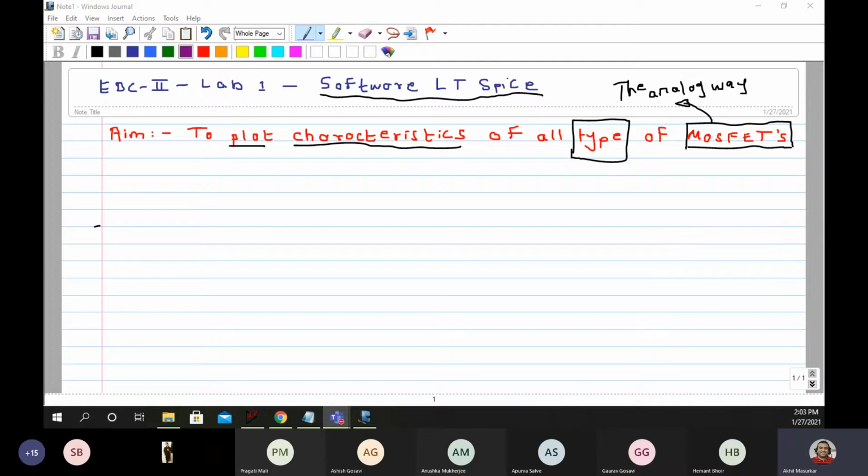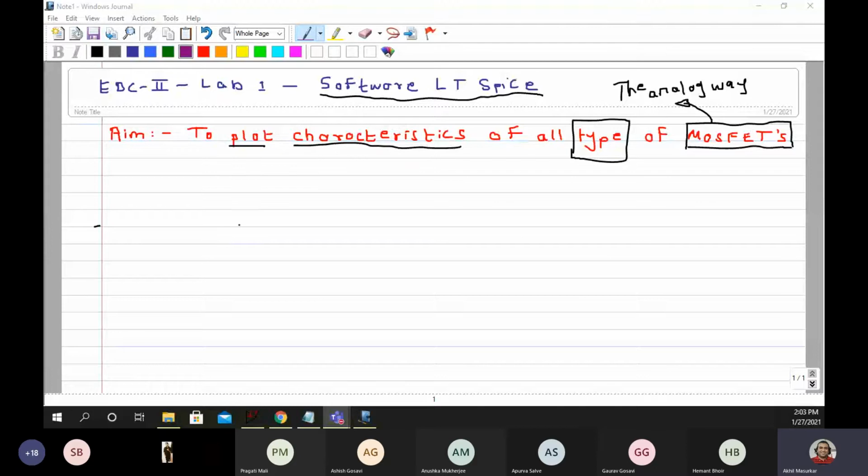To answer these questions, we need to understand the characteristics of the MOSFET. The first step towards that understanding is plotting the characteristics. And since we are doing analog design, we need to look at everything the analog way.